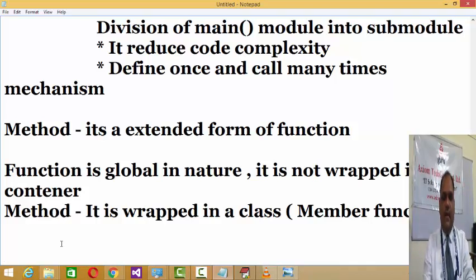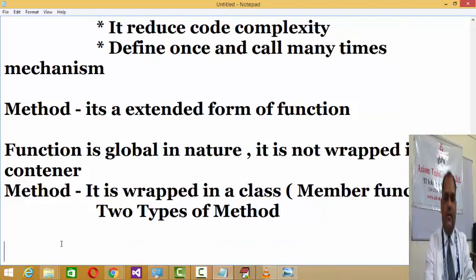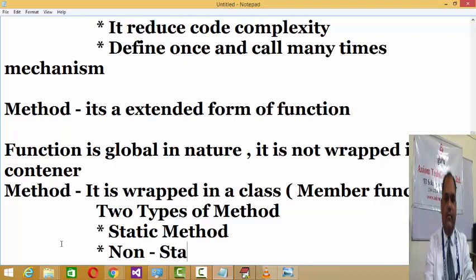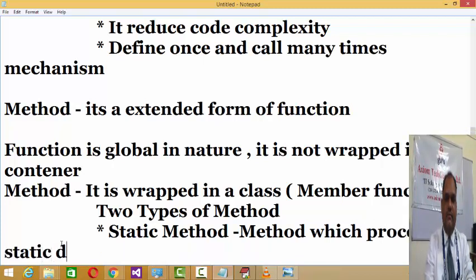Now there are two types of methods also. One is the static method and the second is the non-static method. Static method means a method which processes static data belonging to the class.